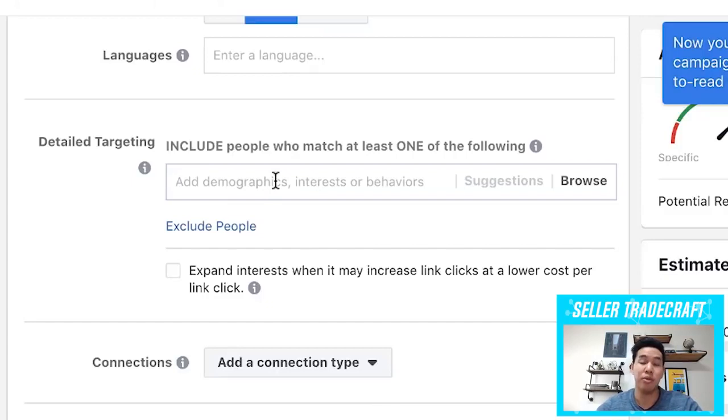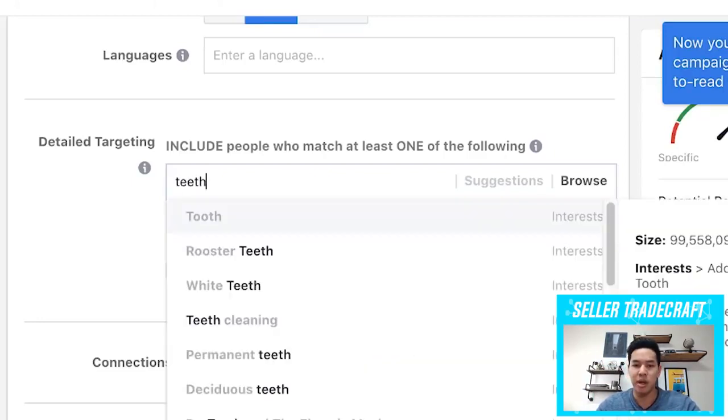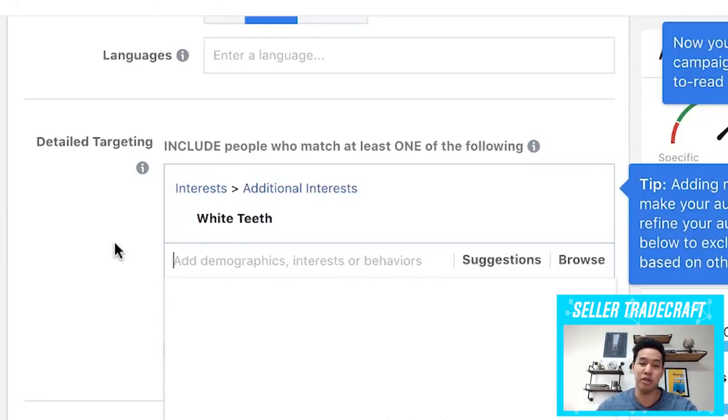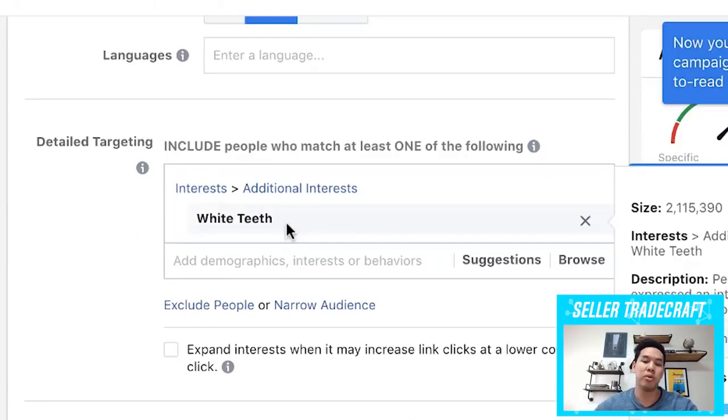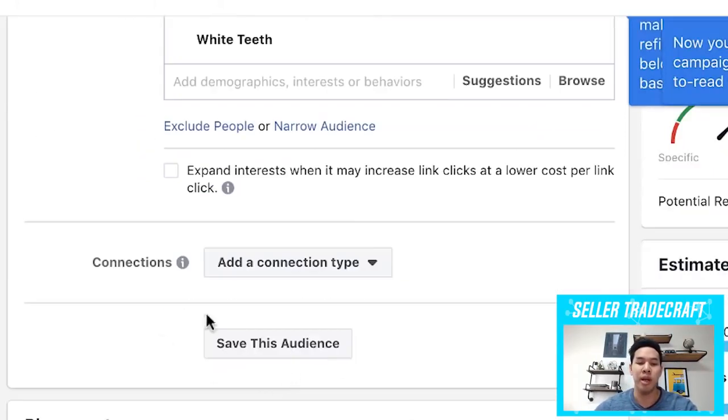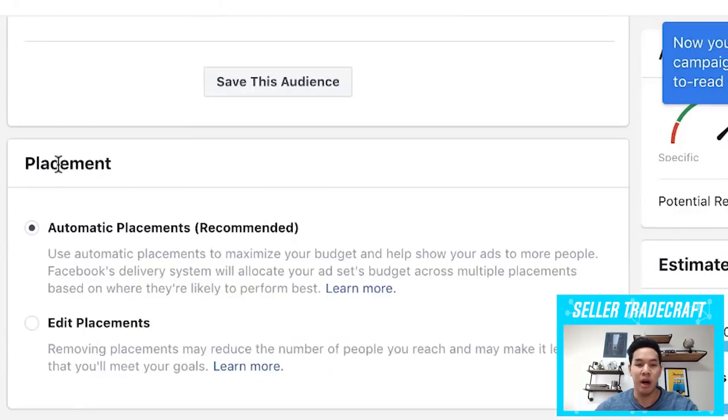And then if you don't have any audiences to sample, you're going to choose some behaviors, right? So people who want teeth whitening products. So we're going to see if people want teeth cleaning, right? Possibly people who are interested in teeth cleaning will be very interested in teeth whitening, right? I think that's a very valid assumption. People who are interested in white teeth are most likely interested in teeth cleaning, or also interested in your product, right? So the way this would work is I would do maybe one ad set of white teeth, and then